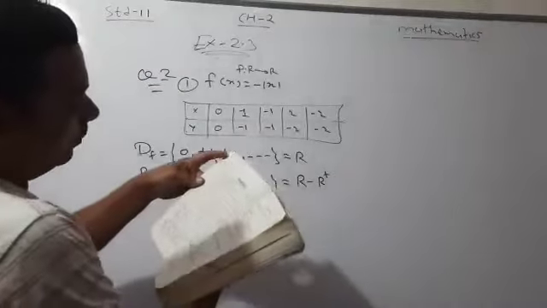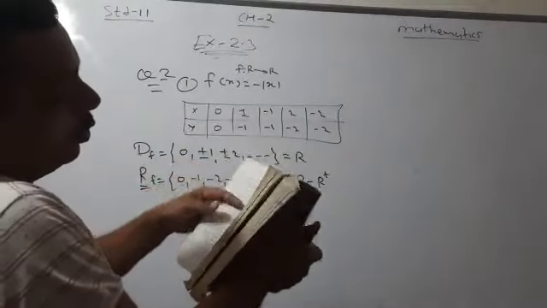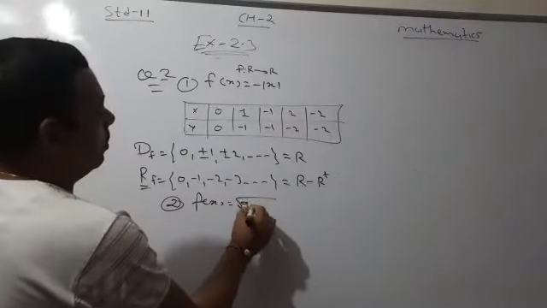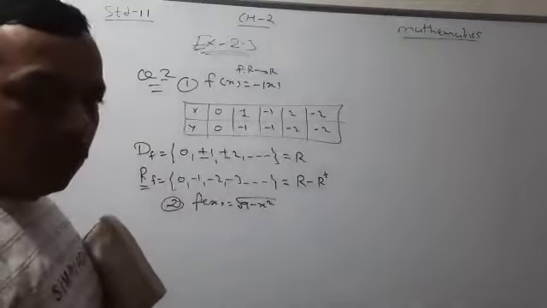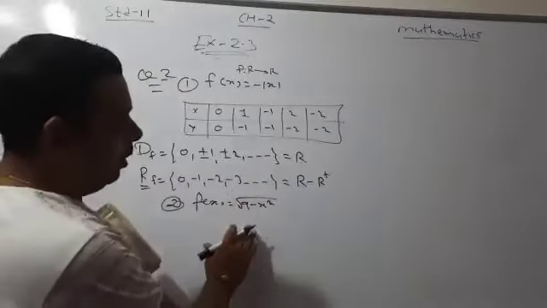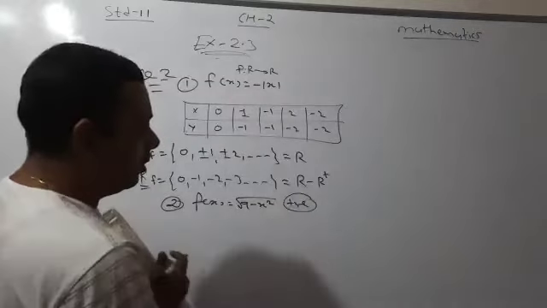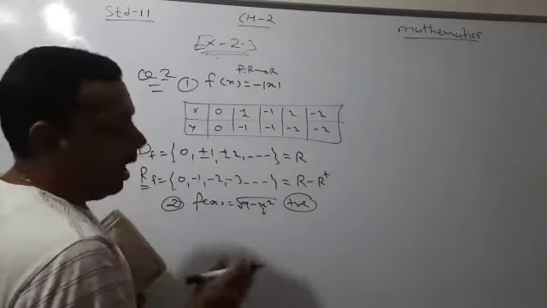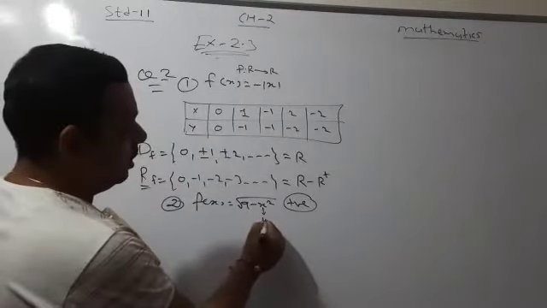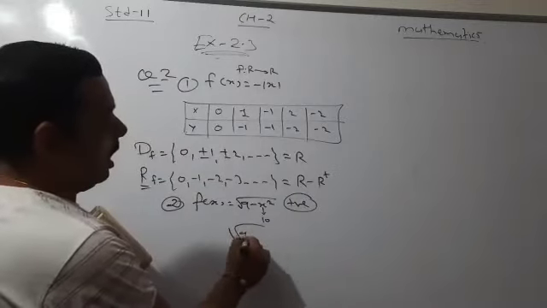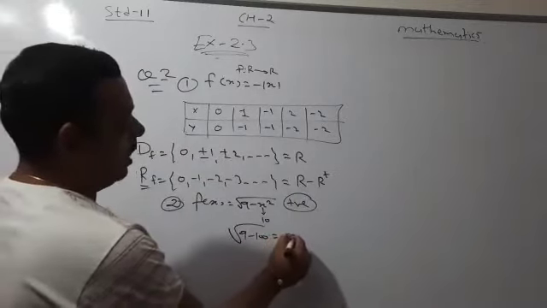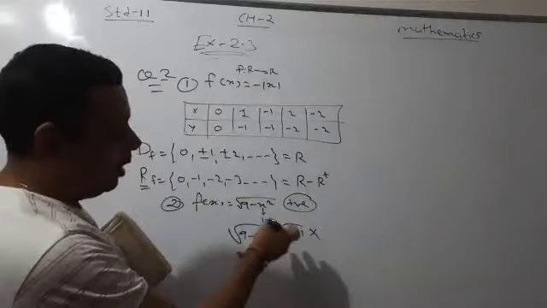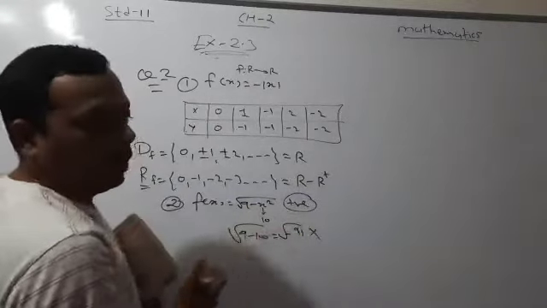Now sub question number 2. f(x) is equal to root of 9 minus x square. Now you know that roots are only possible for non-negative numbers. So now tell me what we can consider for x. I will give you one example. Suppose I consider 10. What happened? It's 9 minus 100, which is root of minus 91, which is not possible to calculate. You can try to solve this with the help of a calculator. You might get an error.